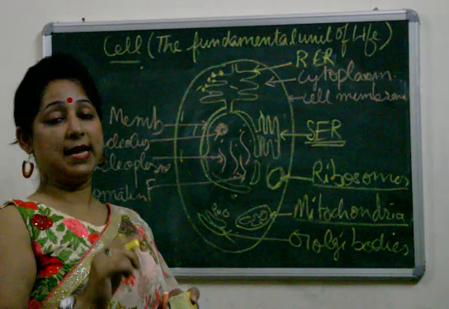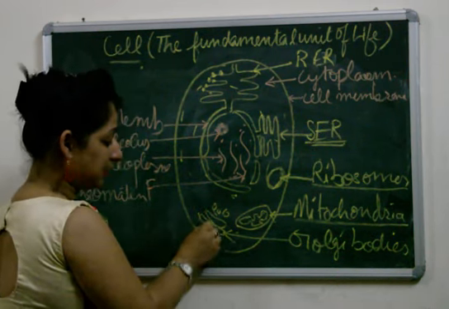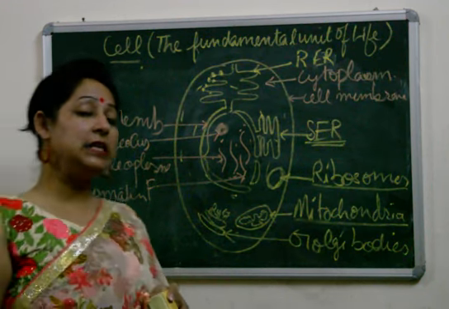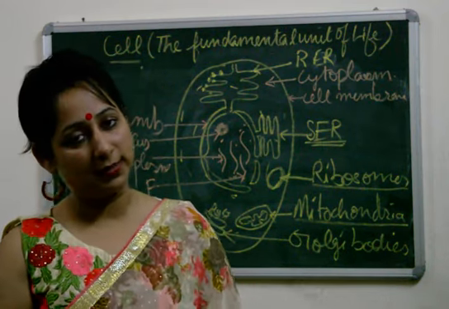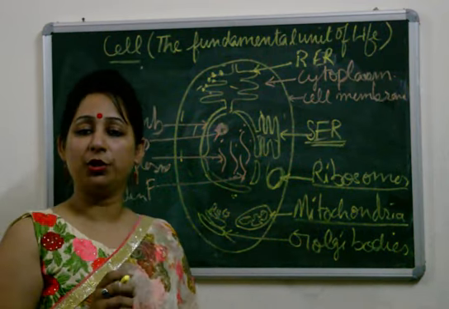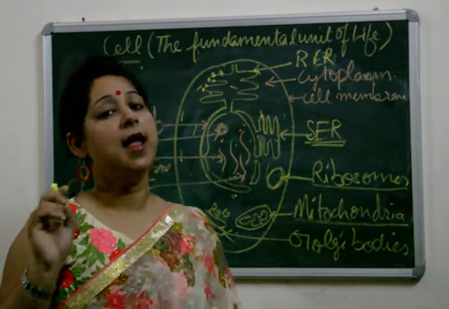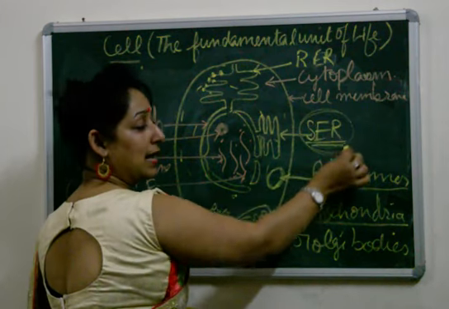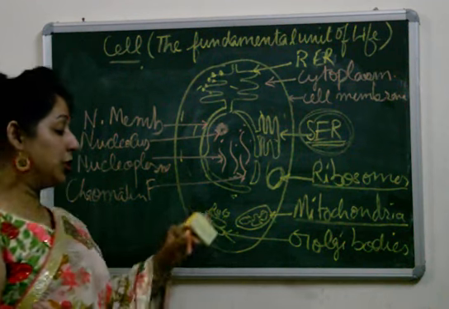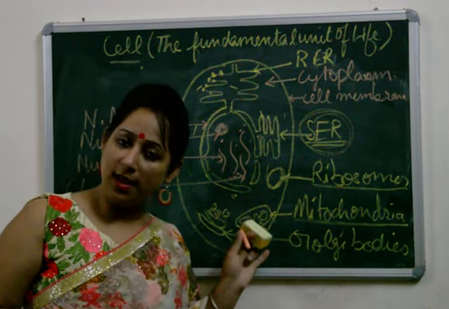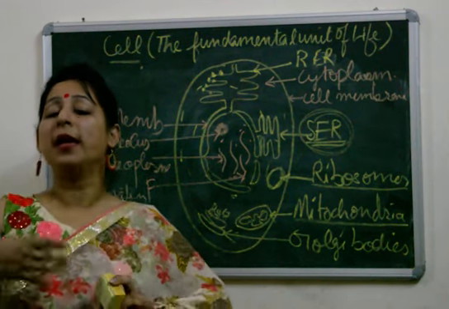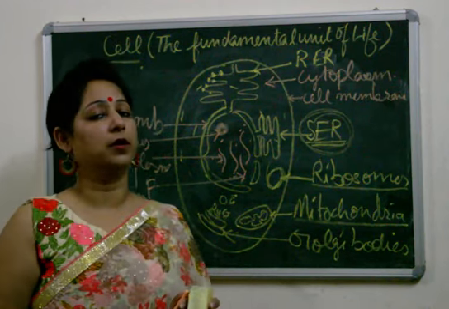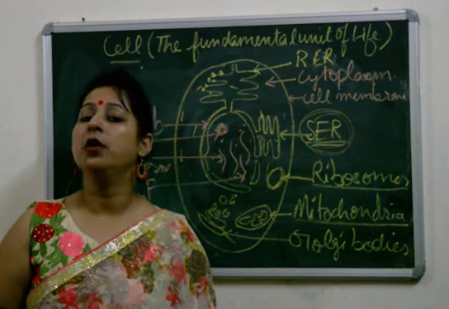The Golgi bodies are made up of cisterns. These are cisterns and these are vesicles, and here attached are the tubules. It has basically three parts: cisterns, tubules and vesicles. Golgi bodies play a very important role in secretion of certain hormones and enzymes. What is its function? One function is that whatever is formed by endoplasmic reticulum is packed by the Golgi body and is transported in the whole of the cell. Second function is it produces its own chemical enzymes and hormones which are packed in these vesicles and are transported to the whole of the body. These are the two main functions of Golgi bodies.